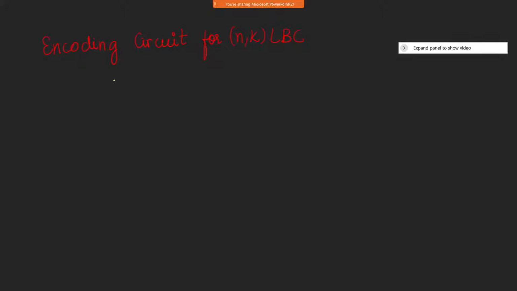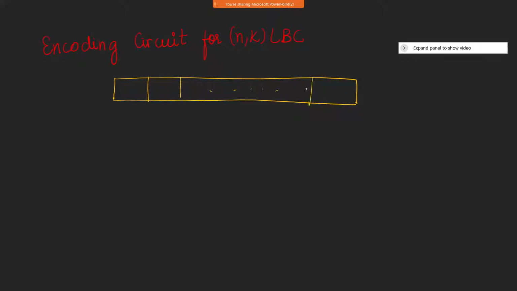So what we did was we entered all the k bits of information into a k-bit shift register, starting from the first bit of your message, which will enter the circuit first, and therefore it will be available on the extreme right. Similarly, we go on filling all the k bits of information into the shift register in k clock cycles.